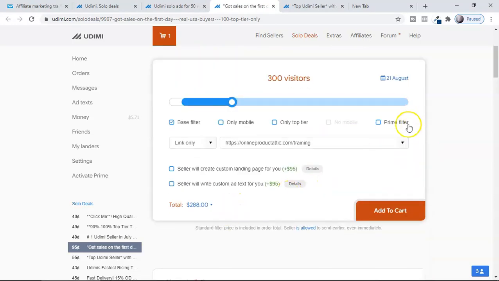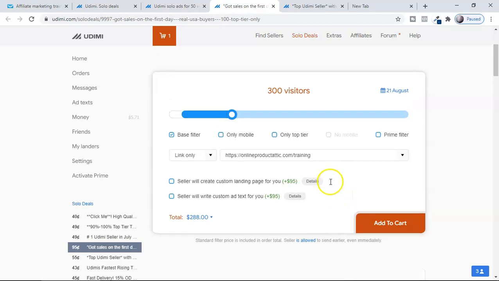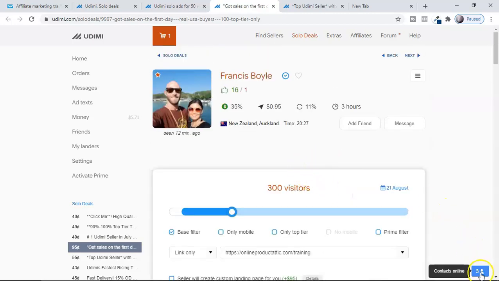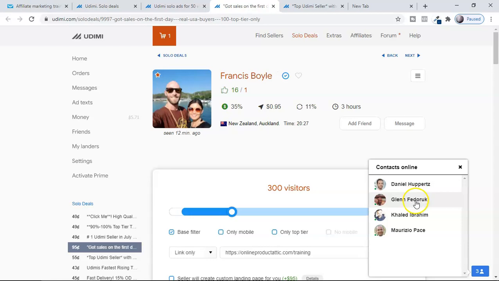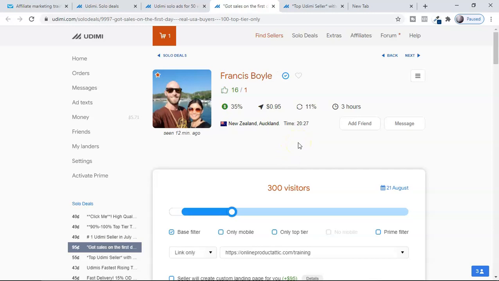Also, you can contact this guy and talk to them, and you can see how many of your vendors are active. All my favorite vendors, or the sellers, are active right now. I can talk to them by clicking here. Like this, if I click here, I can talk to this guy. So this is how, guys, you're going to select and give the landing page.